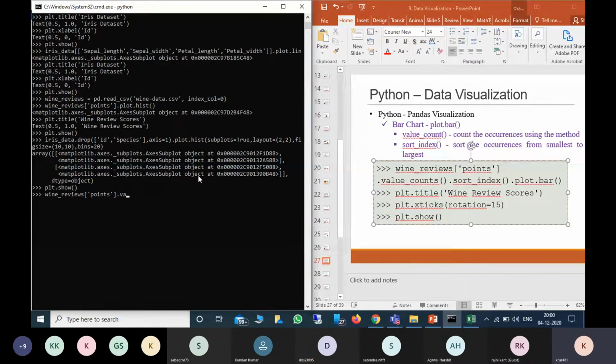For that, I am using value count. Once I have calculated this, now I'm sorting them, sort index. Now I want to plot the bar chart for this data.